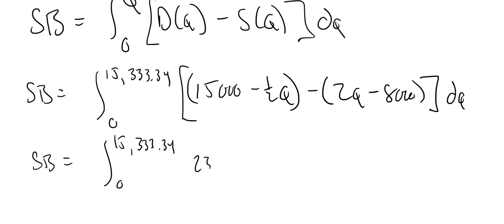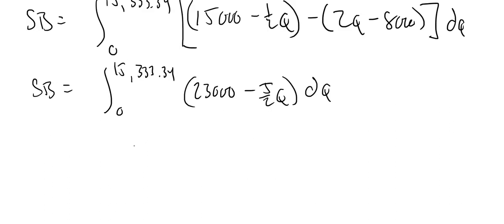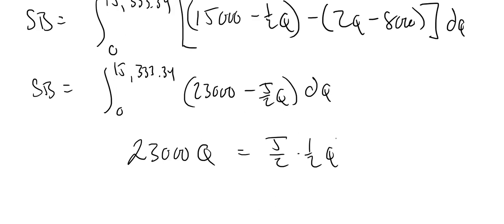And minus 1/2 minus 2 would be minus 2.5, or once again, minus 5/2 Q. All right, so we are integrating with reference to Q. And so this simply becomes 23,000 Q minus 5/2 times 1/2 Q squared, or 23,000 Q minus 5/4 Q squared, integrated from 0 to